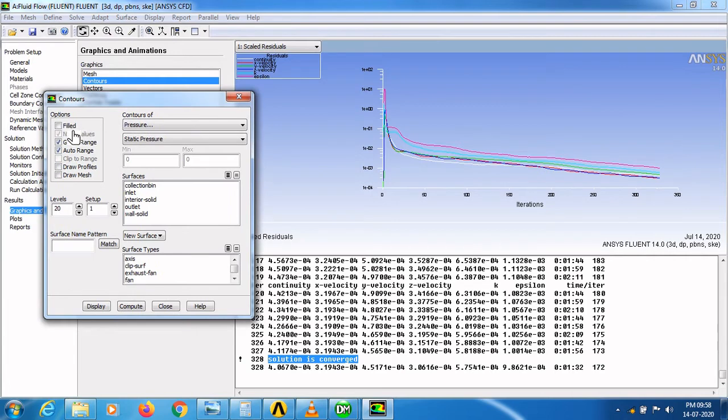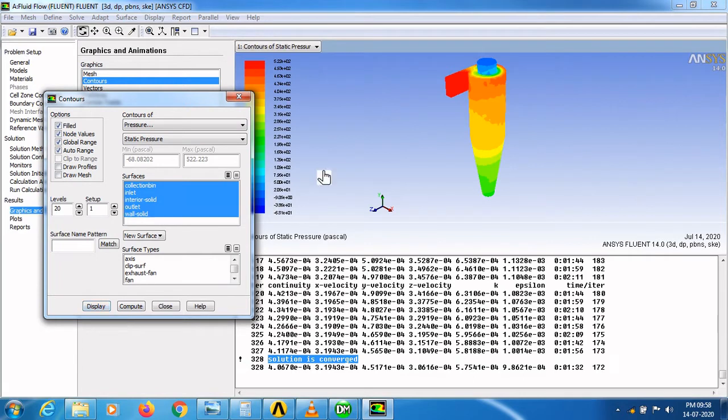In contours you have to select filled options. Here you have to select pressure and static pressure option. In surfaces option you have to select all the surfaces and click display. Now you can see the three-dimensional static pressure contours for cyclone separator.